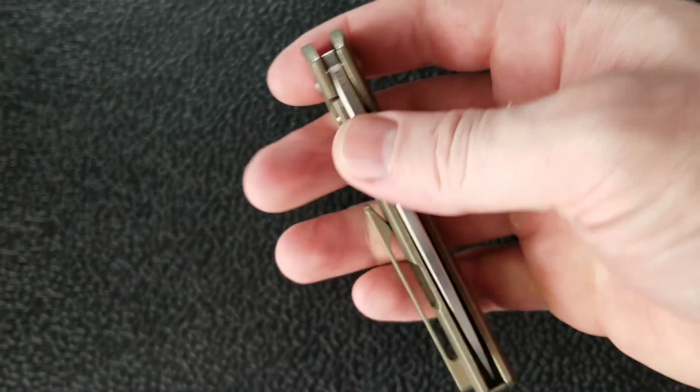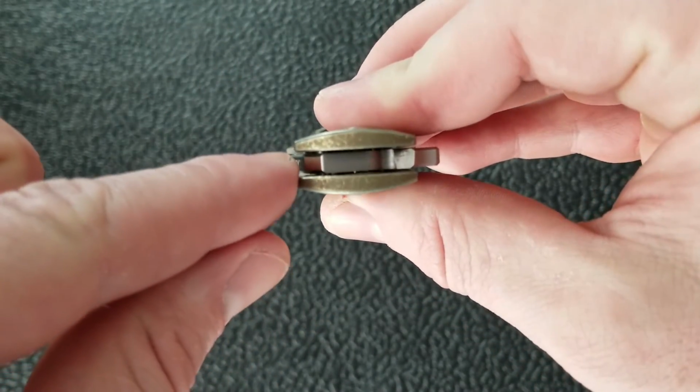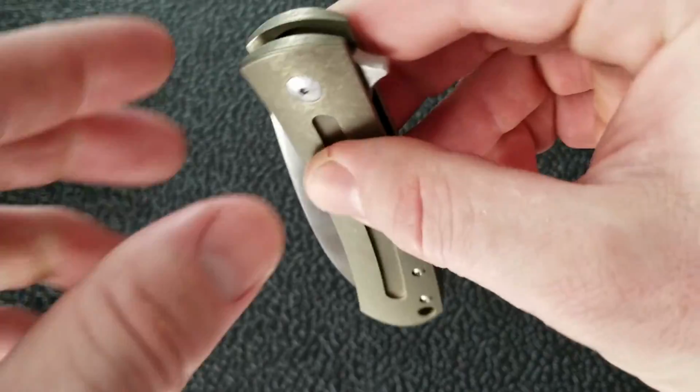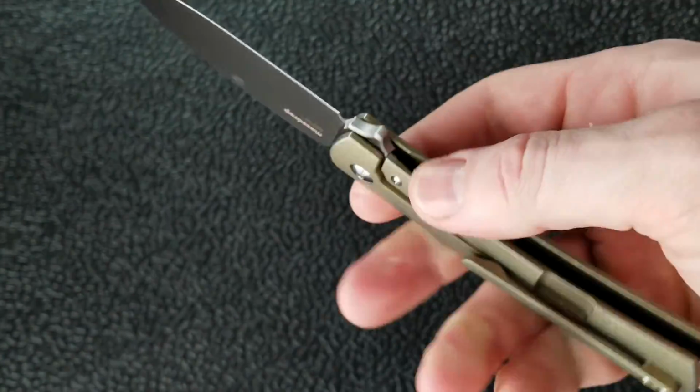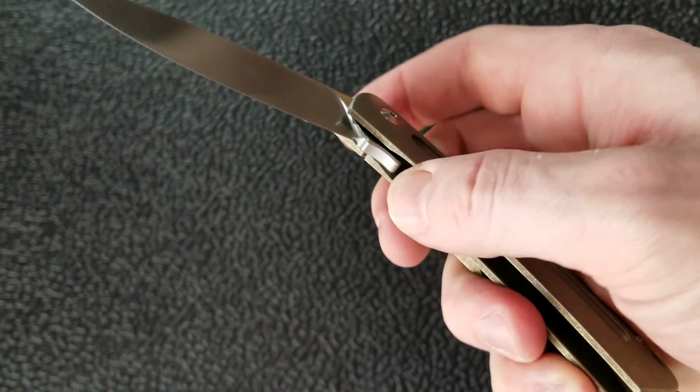Flipping action is excellent. The knife runs on bearings. And actually, you know what? I'm just noticing this for the first time. It also has, like many knives I've shown here lately, an internal stop pin more towards the front there. But just excellent. Not quite a free faller, but I have noticed, if you look back to when I unboxed it,